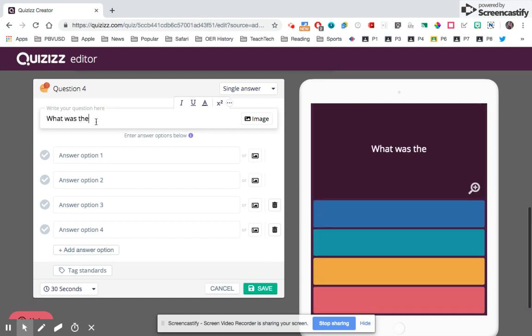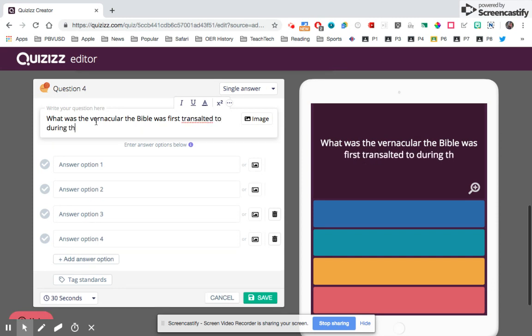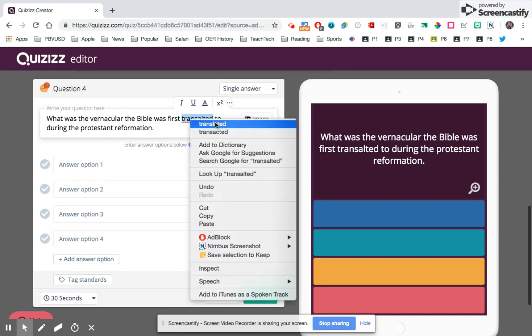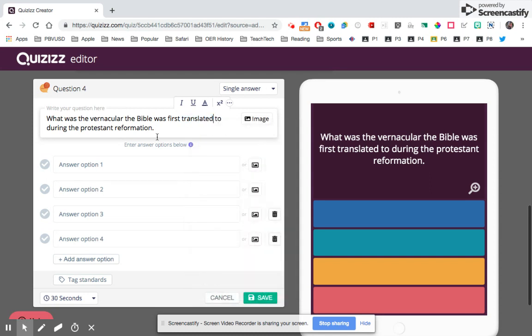What was the vernacular Bible? It was first translated during the Protestant Reformation. And so we have a question, and fix that. So